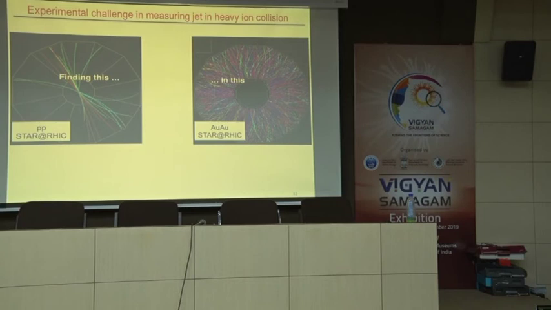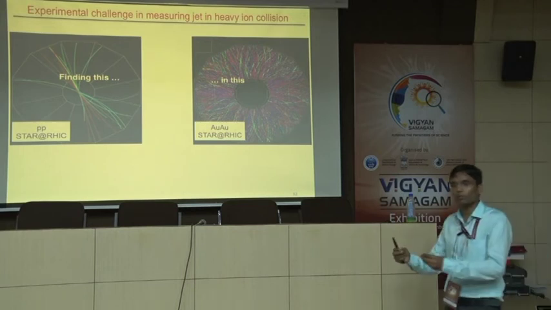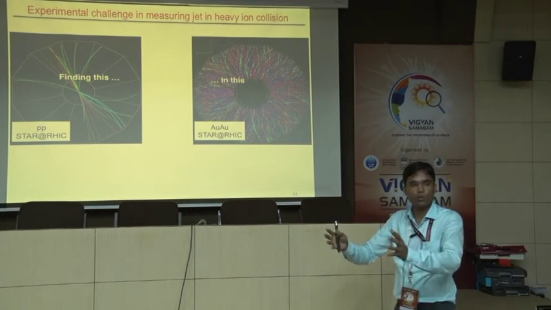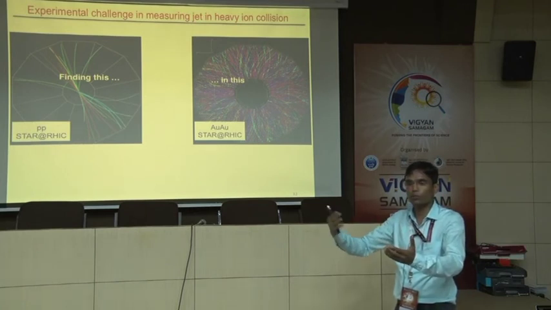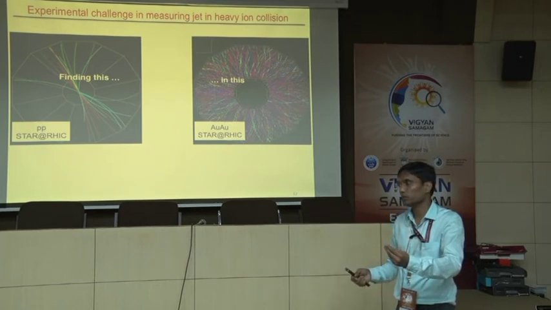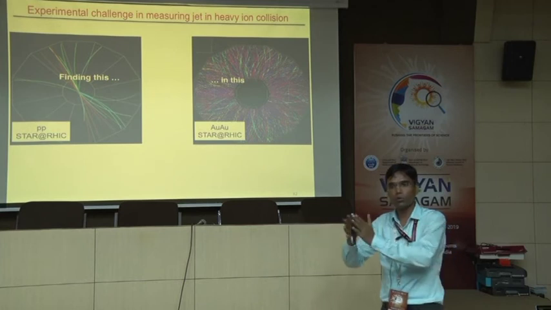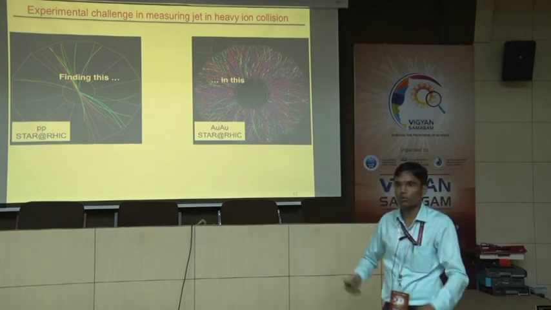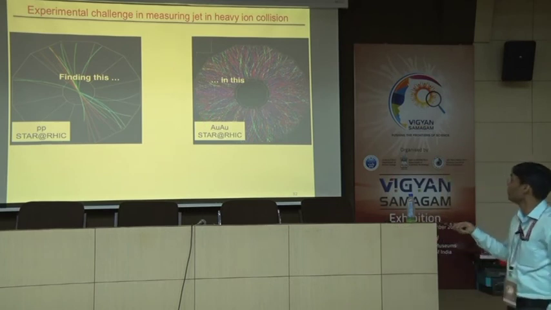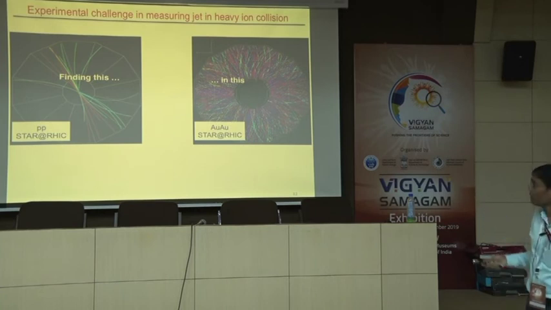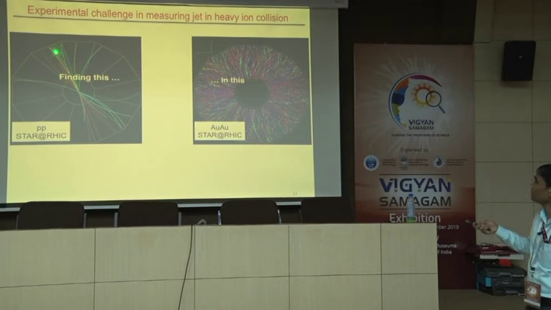Think of a situation like this. Here two jets you can clearly see. In a proton-proton collision you have fewer particles produced, because only two protons are colliding. But for a nucleus, let us say lead, what is the mass number of lead? 208. So 208 nucleons are here, 208 nucleons are here, and they are colliding. So you can think of so many particles being produced, and the situation is like that. This is only one event, and all these lines are tracks. So you can see how many tracks there are, and in these tracks there might be a few jets sitting here,